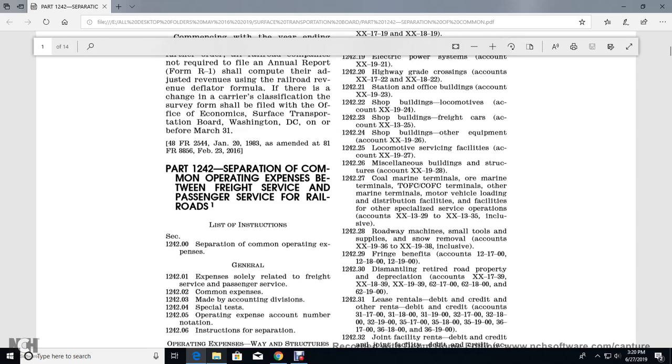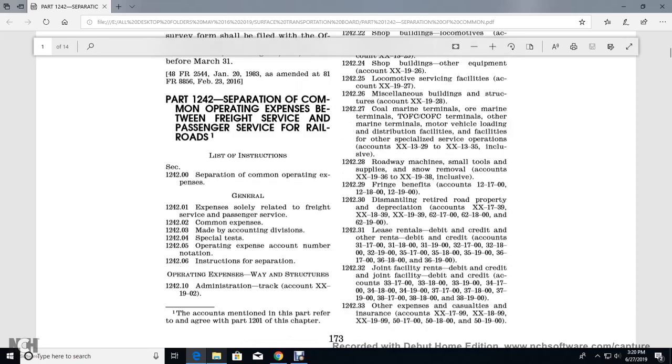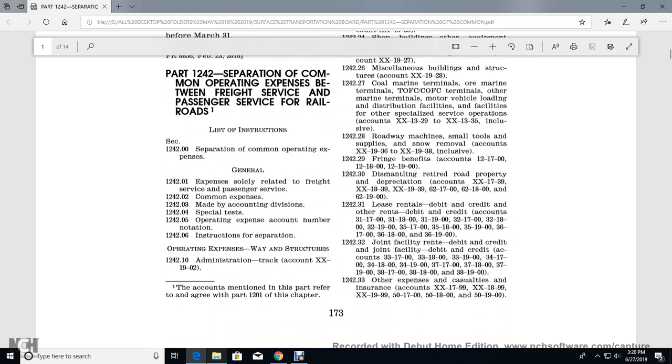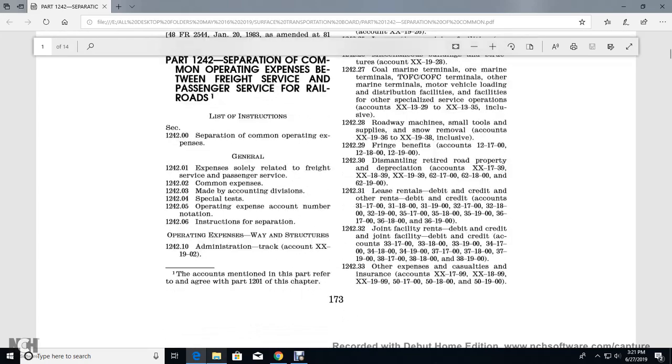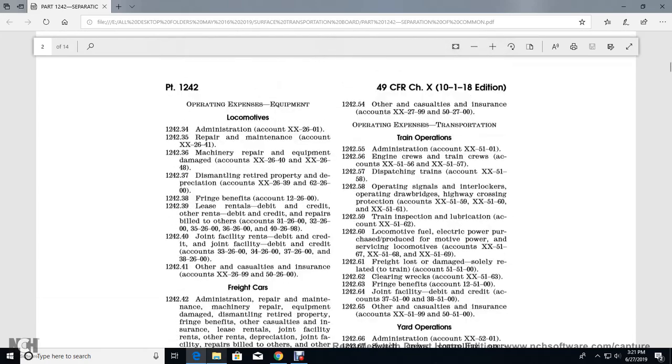1242.04, Special Testing. 1242.05, Operating Expense Account Number Notation. 1242.06, Instructions and Operations. Instructions for separation, operating expense wage structure. 1242.10, administration track account XX1902. And then it keeps listing these, and then we'll start with